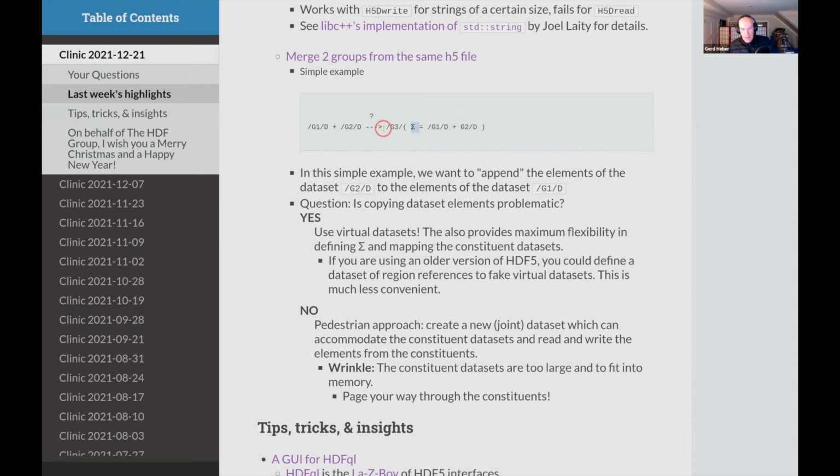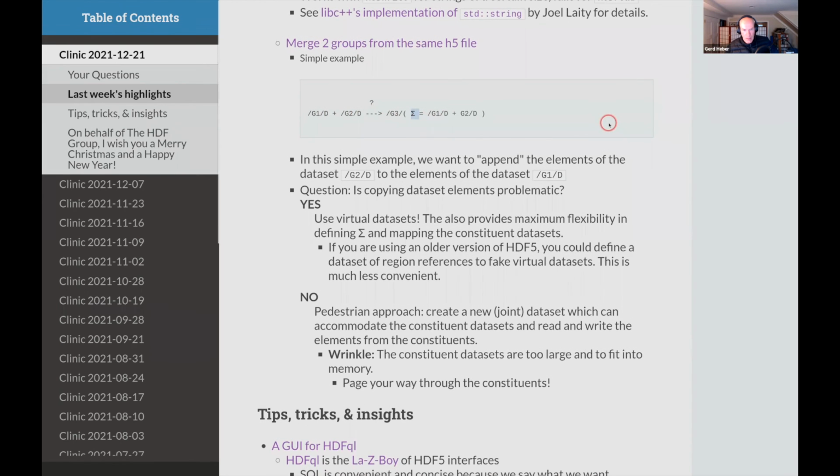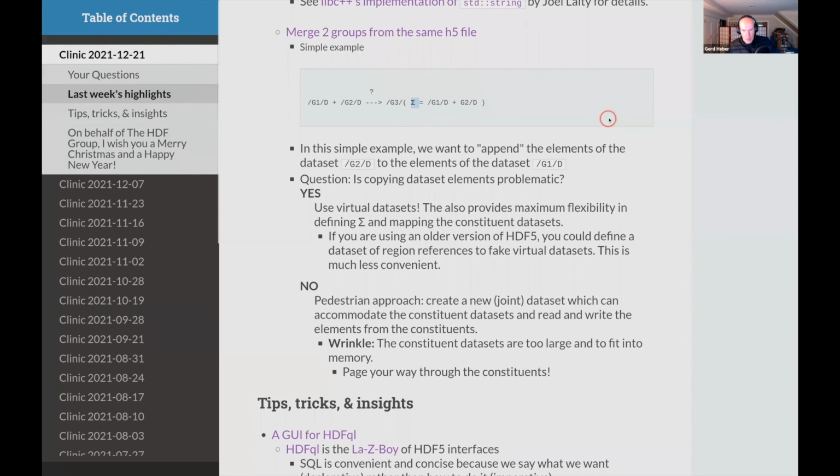Either append it to one of these existing data sets or create a new data set altogether. Unfortunately, this is not a default operation, just one operation. I think the person was making a reference to root, and it sounded like that was a common thing that people do.